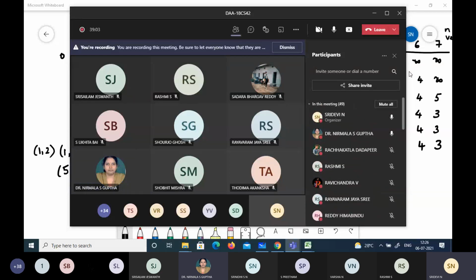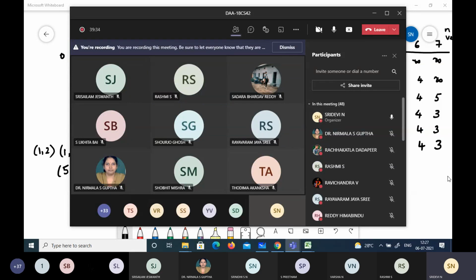Unmute yourself and speak. What do you mean by a complete graph? I've already given the answer for you. What is a complete graph? You cannot repeat that also. Yes? All the levels are completely filled except the lowest one. So that is with respect to your tree. Okay. So almost complete tree, complete tree.